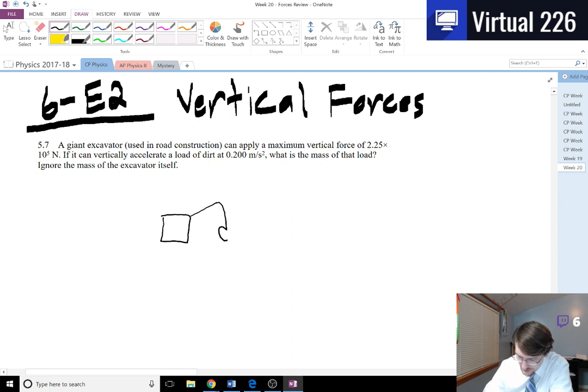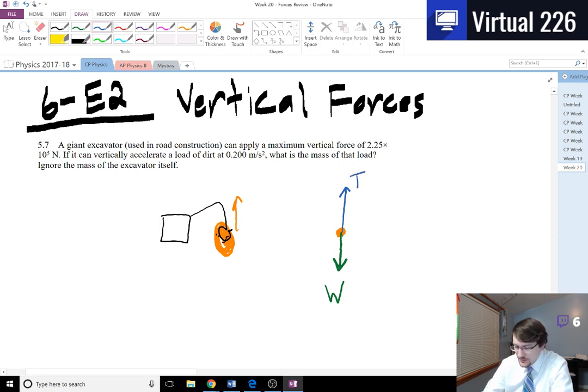I don't know, it's got like an arm and a claw. It doesn't look like anything. But it's just hauling up some dirt. So here's a mound of dirt it's picking up. Okay, the dirt's being picked up. So if we wanted to draw a free body diagram of this, we've got some dirt, and this dirt has a weight associated with it, and the maximum lifting force we can get out of this excavator,